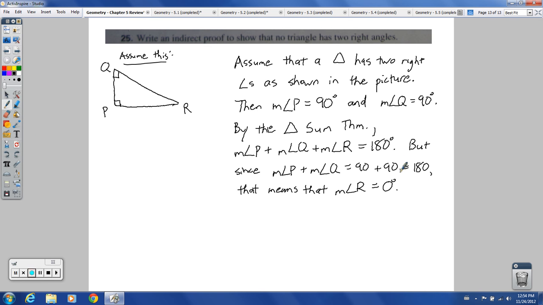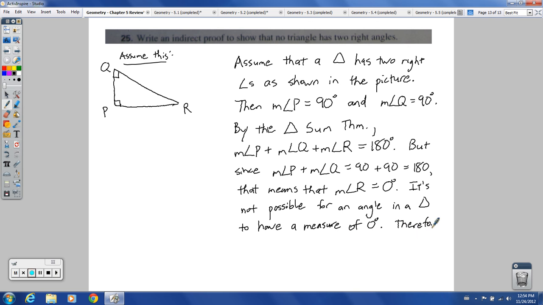And let's word it like this and say something like, it's not possible for an angle in a triangle to have a 0 degree measure, to have a measure of 0 degrees, in other words. And so we can say therefore we have a contradiction